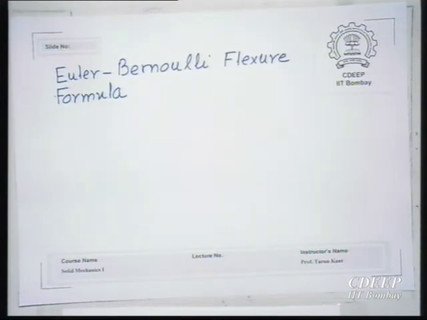First of all, any beam problem is a three-dimensional problem in general. Now, we made it two-dimensional by first considering a specific geometry of the beam, that it has a vertical plane of symmetry, in which plane? XZ plane. The XZ plane divides the cross section into two halves. Then we also said that the loading is applied in the XZ plane. Why did we say that? Because if the loading is a little off the XZ plane, then it will try to twist the beam, which we did not want. So we wanted only flexure, only bending.